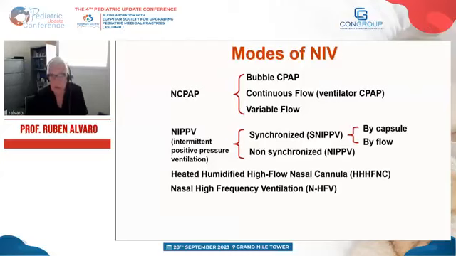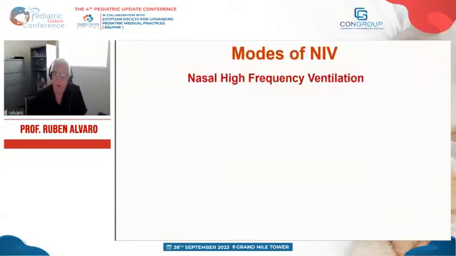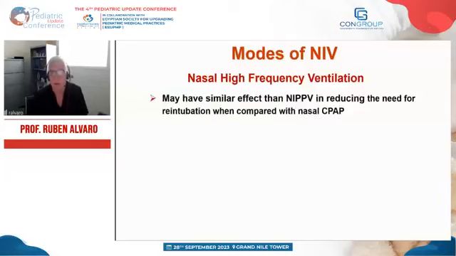The next one is nasal high-frequency ventilation. Now, we know that high-frequency ventilation is lung protective when you use it with a tracheal tube. So we thought, well, what if you try to use this high-frequency ventilation without an endotracheal tube? Maybe we can get the same effect of removing CO2 and oxygenating without causing lung damage. So studies have shown that this nasal high-frequency ventilation may have similar effects to NIPPV in reducing the